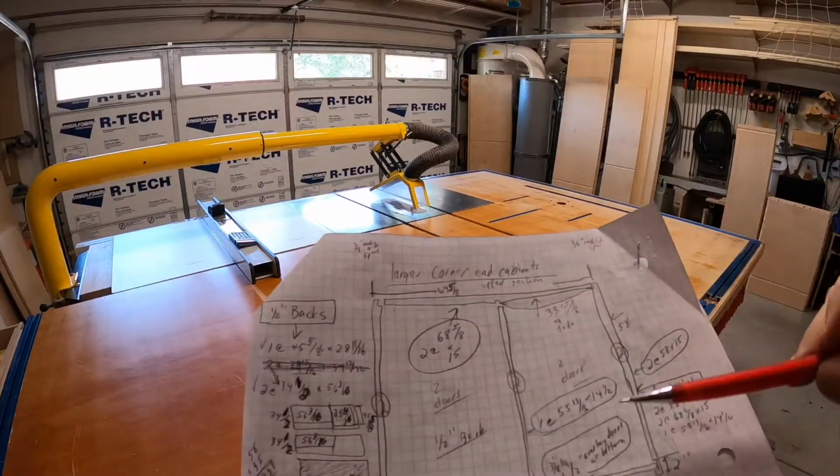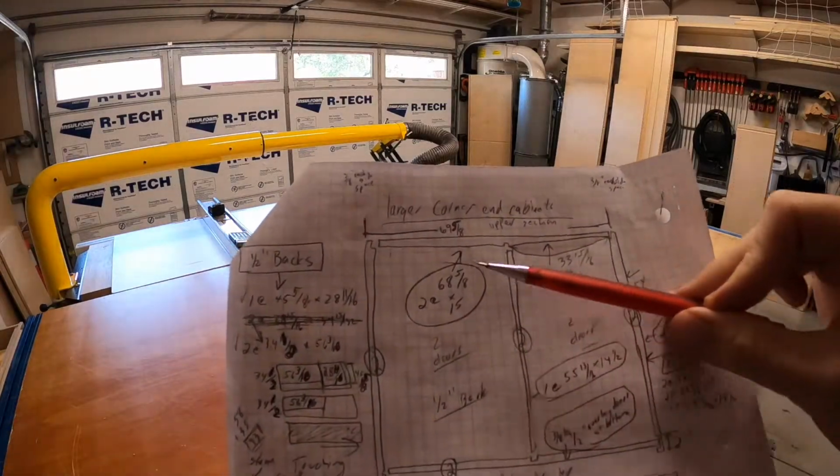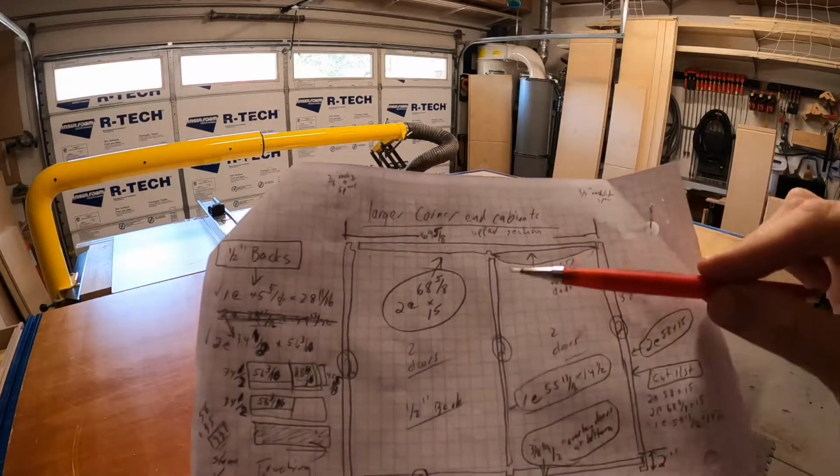This cabinet, because it's so wide, right? It's almost 70 inches wide. I'm having to do this in 2 pieces. So this is going to be one piece, and this is going to be another piece split with that divider there. I'm going to